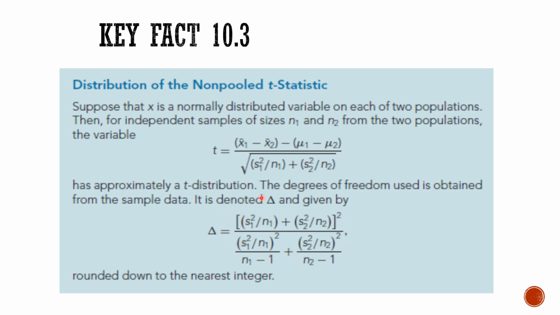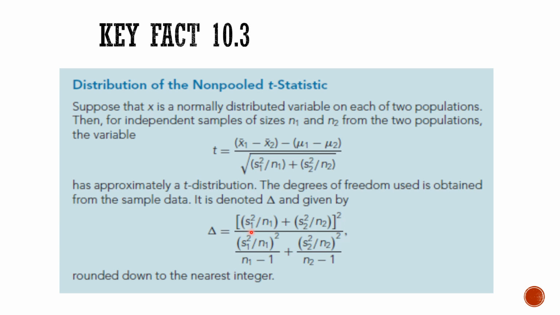All right, because we are keeping the two standard deviations separate, we have to use this special formula to find the df. Now this is a rather complicated formula. However, in the tests, I may just give you the value of the degrees of freedom, so you do not have to perform this calculation within time constraints in an exam. However, just see that this whole formula works with the two standard deviations and the two sample size